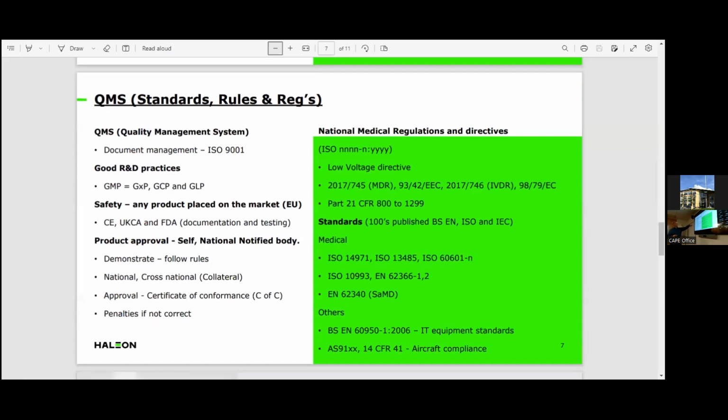A piece around the medical device direct regulations. So I put a little reminder up here for me. So NNN and YYY. That's around. So some of the standards here are referred to as 14971, for instance. This one here, which is a risk assessment. But actually, that isn't just the standard. When you look up a standard, you need to be aware that 14971 actually has a dash after it. It has a subset and it has a year. So you don't want to choose the wrong year, because if you use one from 2002 and you've got one from 2022, you can make yourself not compliant. So when you go and look up these